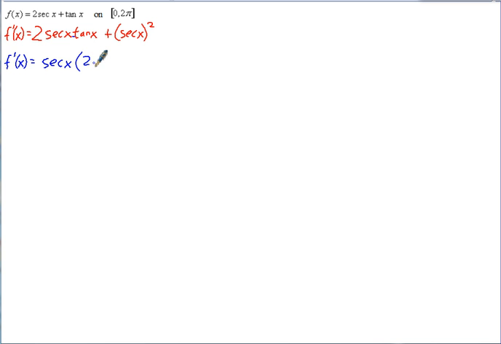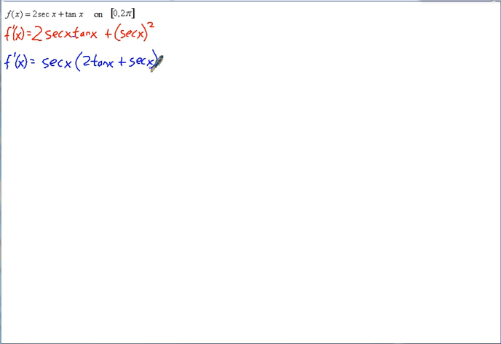Now I'll leave us with 2 tangent x plus secant of x. Now it's completely factored. However, if you leave it like this, the secant of x, it won't be too hard to figure out where that's 0 and defined. But here we've got 2 tangent x plus secant x. If we leave it in this form, it's going to be kind of tough to tell where that's 0 and